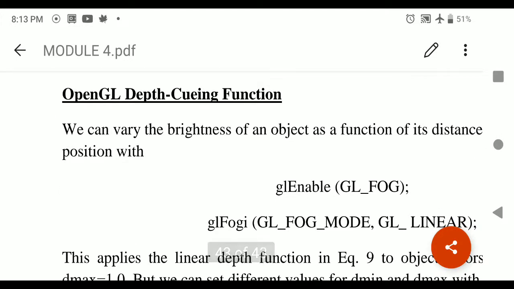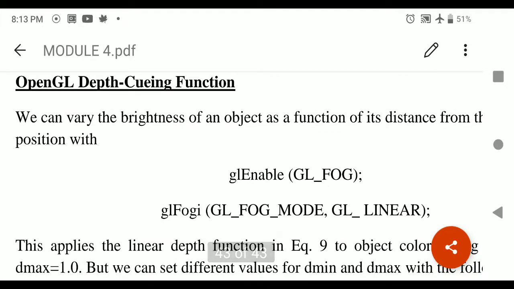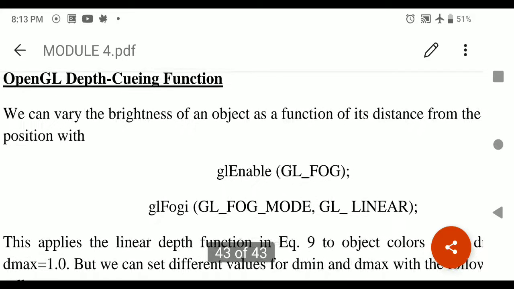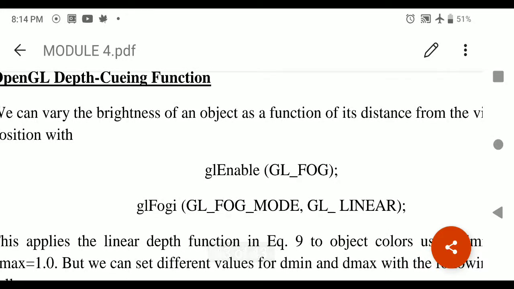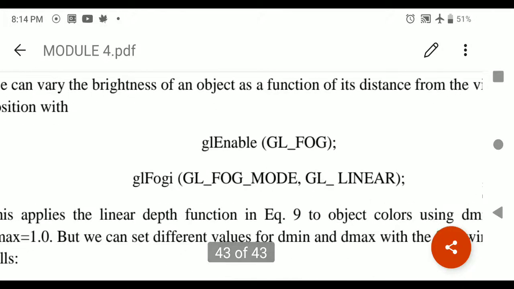Next you have the OpenGL depth queuing function. So in this case we can set up the brightness of the object, varying the brightness of the object using a particular symbolic constant which is named GL_FOG. So here GL_FOG represents the variation of the brightness depending upon the distance of the point.